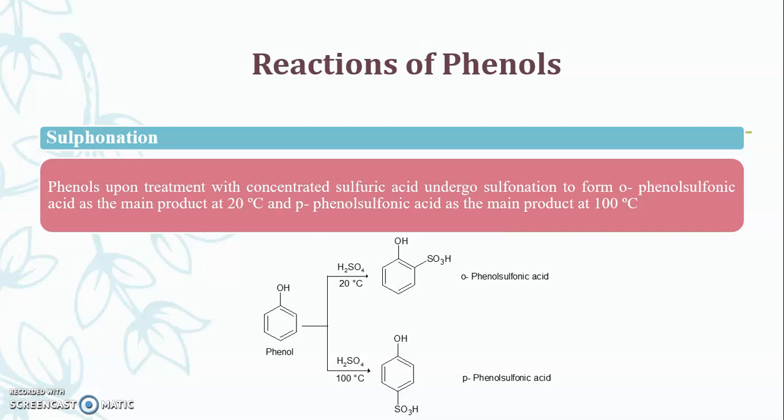So all these reactions are known as electrophilic substitution reactions. Phenol does not give the Friedel-Crafts alkylation and the Friedel-Crafts acylation as an electrophilic substitution reaction, while benzene easily gives this particular reaction positive. Up till this point we have seen halogenation. In case of halogenation, we can consider either bromination or chlorination as per our requirement. Then we have seen nitration, also nitrosonation, and now sulfonation.